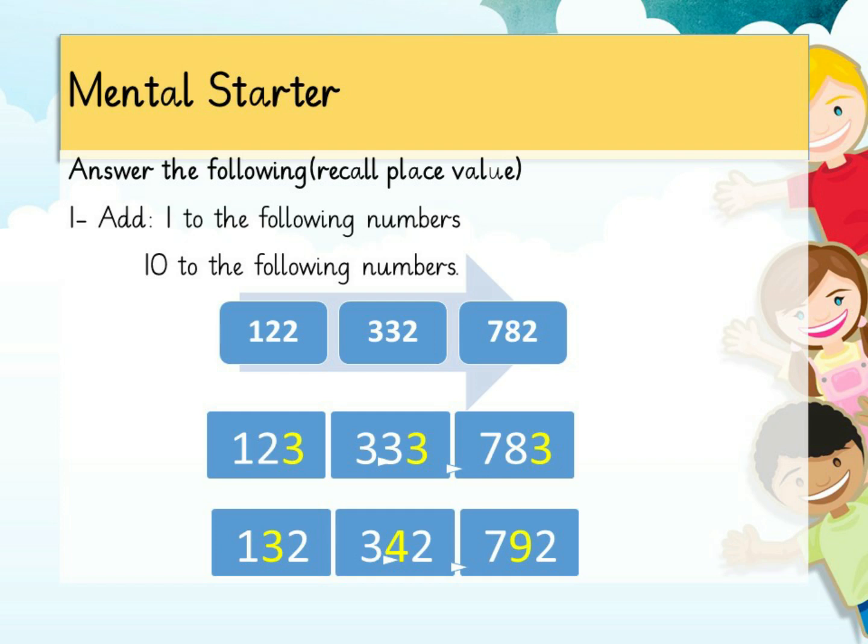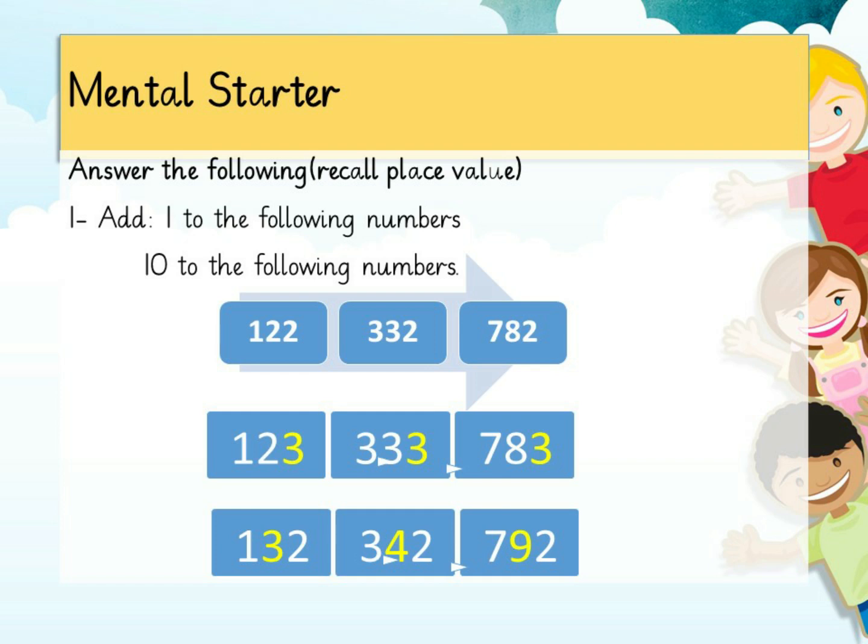Recall place value because place value always help you to solve the sums without any difficulty. For adding 1 to the given set of numbers means you have to add 1 at units place. For adding tens mean you have to add at tens place. So place value will help you. So start doing it. Identify the place value at the top of each digit and this will make your task very easy. This is no more difficult. You have done it for a lot of times. You are in practice of doing it.